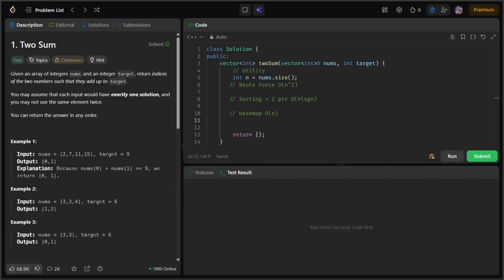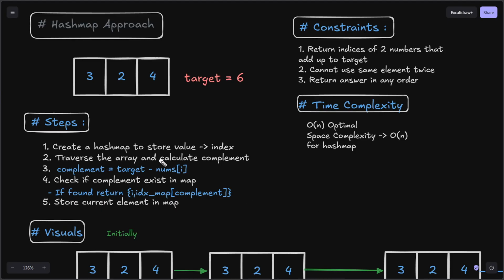Now we are going to see the third method to solve this question, which is going to be a hash map based approach. This method is going to take O of n time complexity. Okay. So basically what you have to do is you have to create a hash map. Okay. Then we are going to store value comma index inside this. So while traversing this array, what you're going to do is we are going to calculate a complement, and then